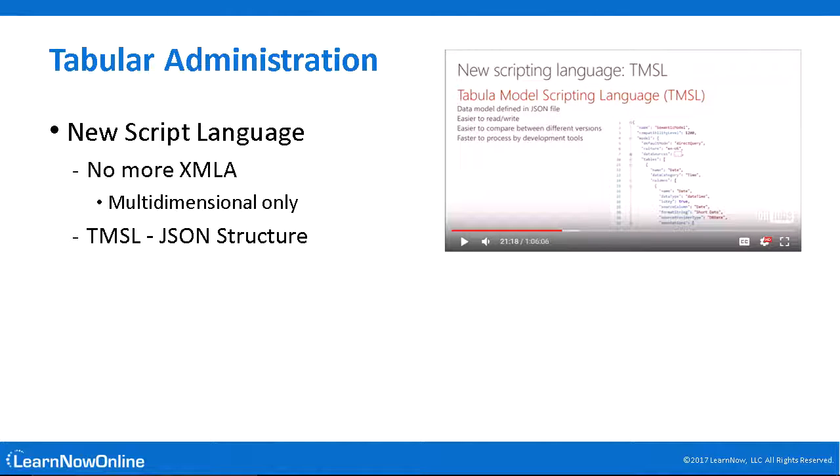As far as administration with SQL Server Analysis Services 2016, the new part is the scripting language. The data model is now defined in a JSON structured language. This is much easier to read as a script and then modify or create from scratch, enabling third-party tools. This enables tools to compare the versions and get the differences, which was not easily able to be done with XML. Actually, the source control can be posted with this JSON script and can be used as the design and compare